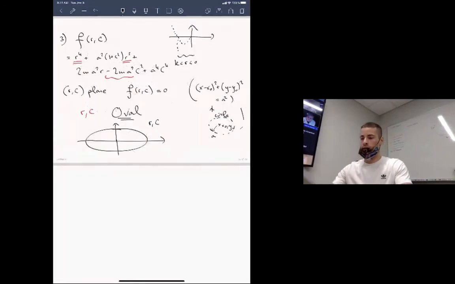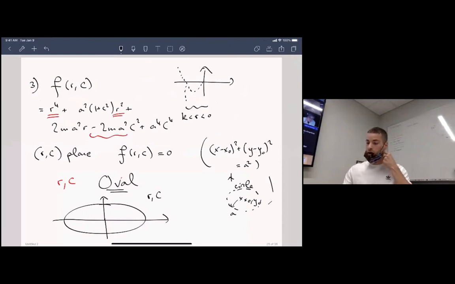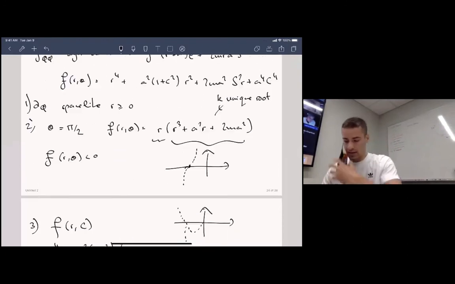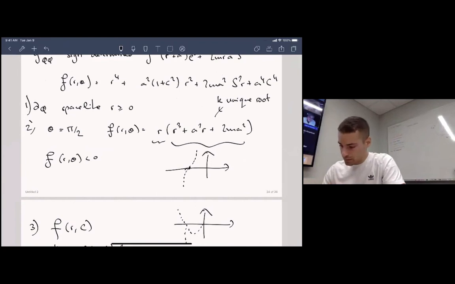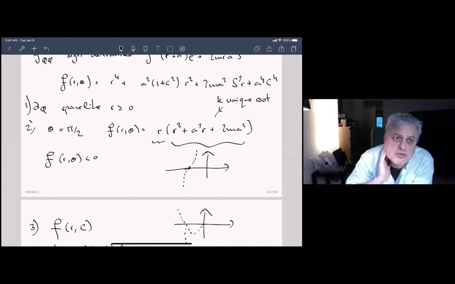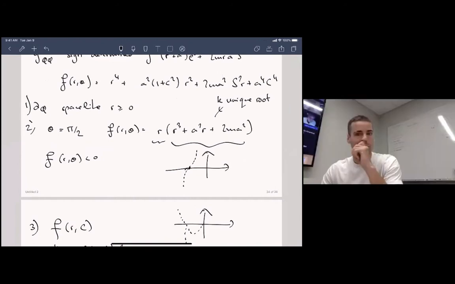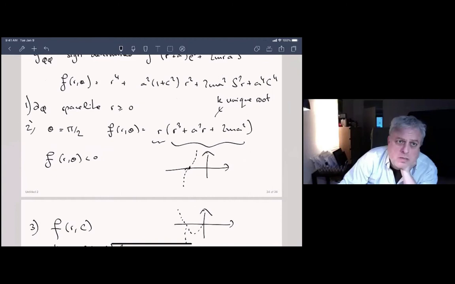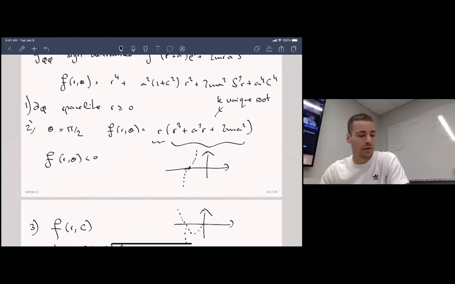So let's go back to probing the donut at the equatorial plane. Can you please repeat the question that was just asked? It was difficult, at least for me, to hear. The question was, how do you find out where the donut ends, where the inner equator of the donut is? So when you probe the donut in the equatorial plane,